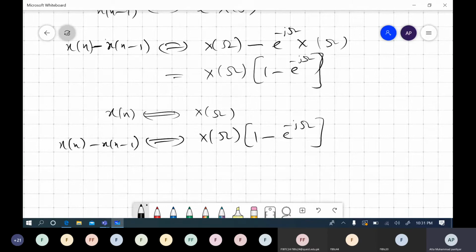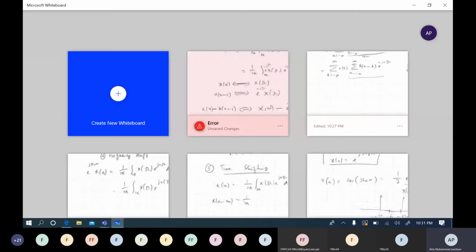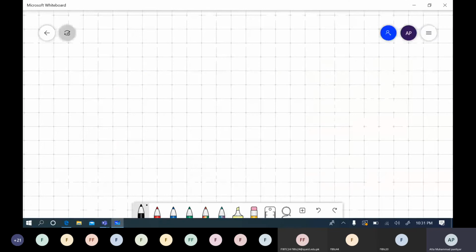let's talk about an important property, then we will see other properties. That is the multiplication or modulation property, property number 12. We'll cover all properties, but I want to cover the most important properties earlier. Modulation or